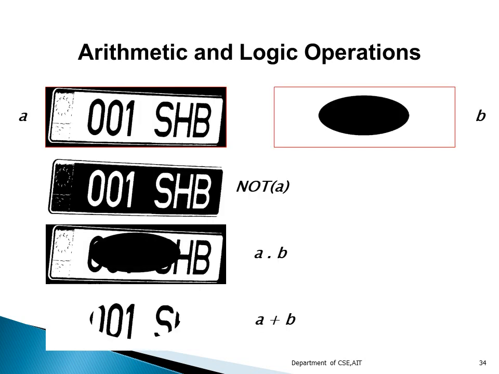So this picture is very interesting here, because you can see A is one image and B is another image. So what will happen to these two images when you apply different types of operations? The first one is NOT. When you apply the NOT for A, that means wherever you had 0, wherever you had the values as black, now that is written as white, and wherever we have white, that is written as black.